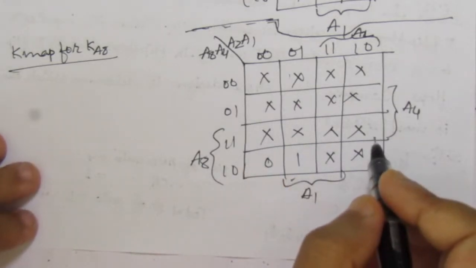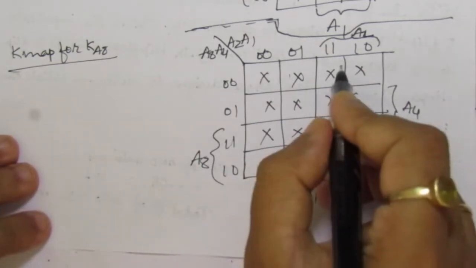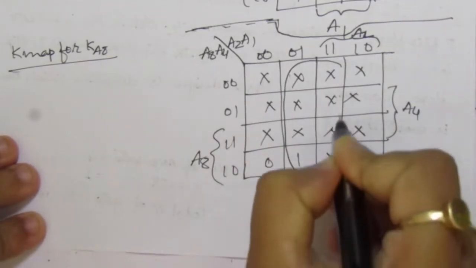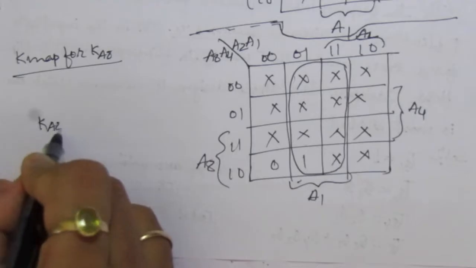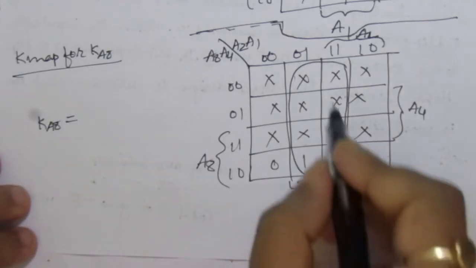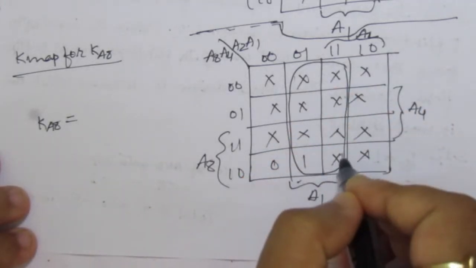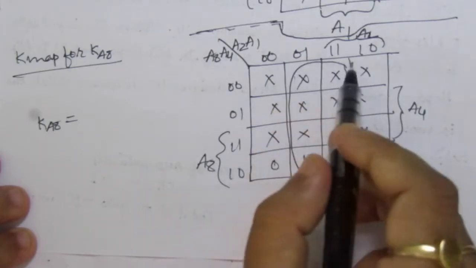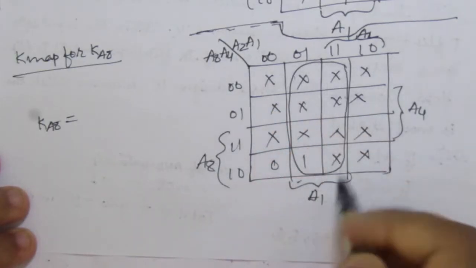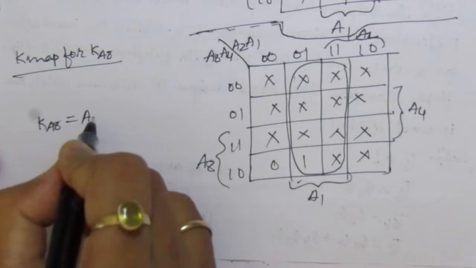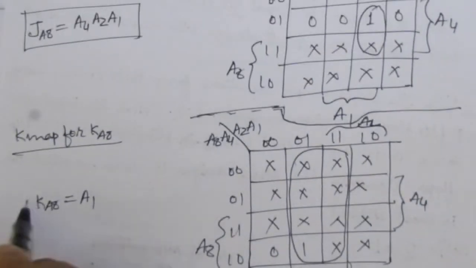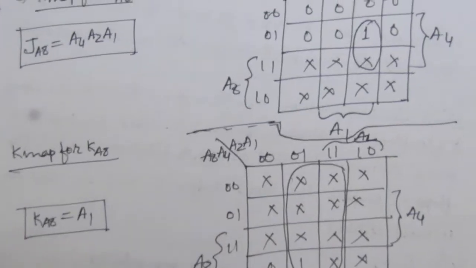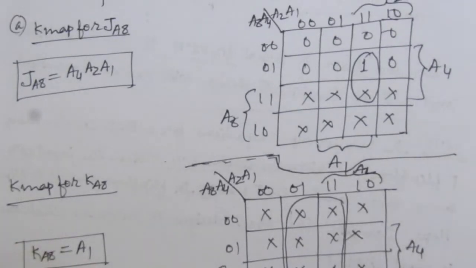So how can we combine? We can combine like this. There will be only one term. So therefore KA8 is equal to, from this combination we will get A4 and A8 will be cancelled, and from these two rows we will have A1. So KA8 is equal to A1. Okay, so we have got the expression for JA8 and KA8, and similarly we have to find out for JA4,